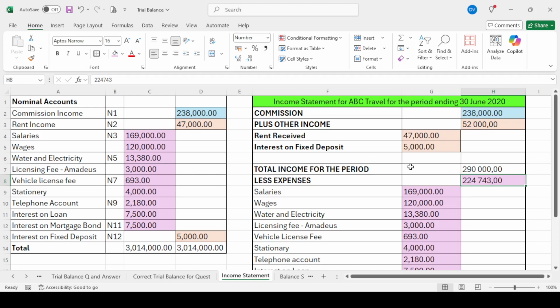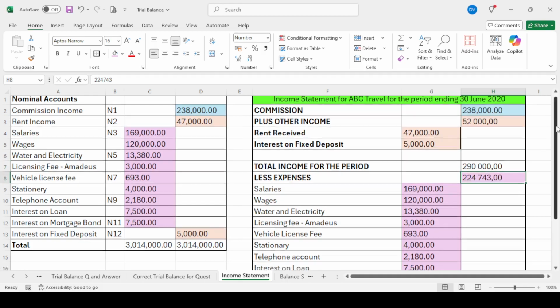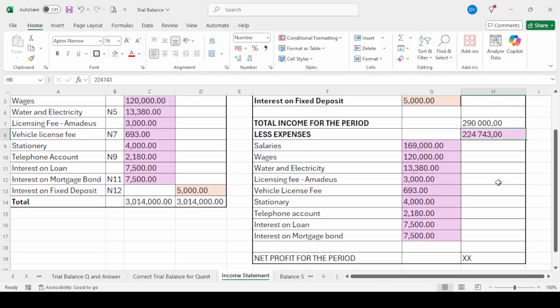Because you've got your total income for the period, which you got by adding the two incomes together, minus your expenses, gives you the total of 65,257 Rand.